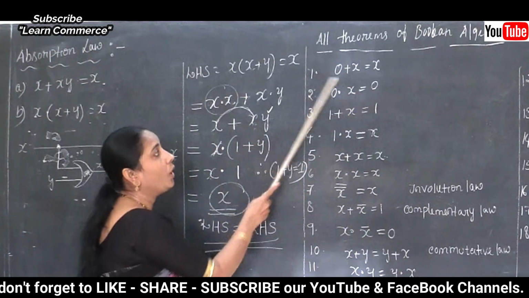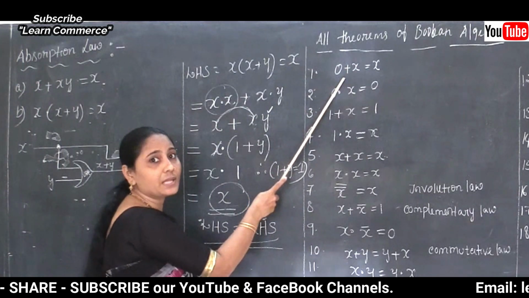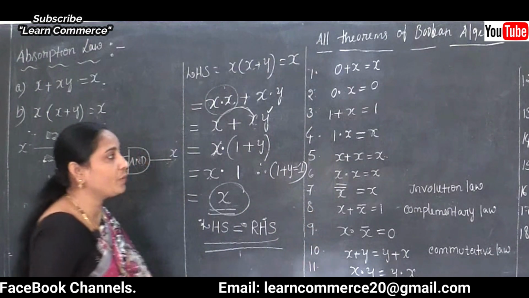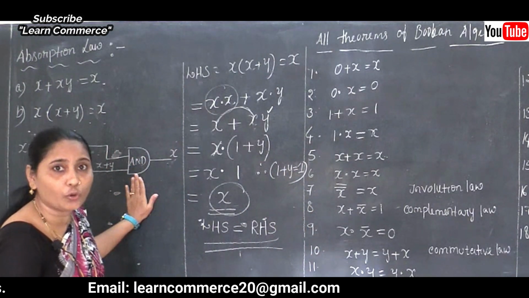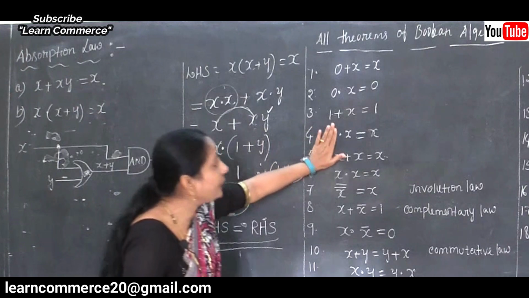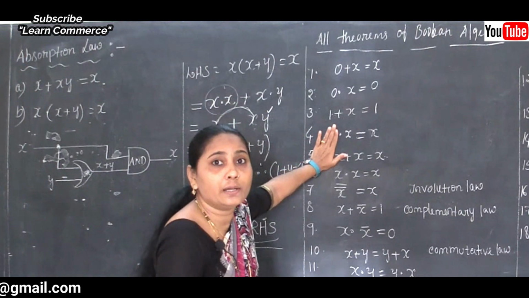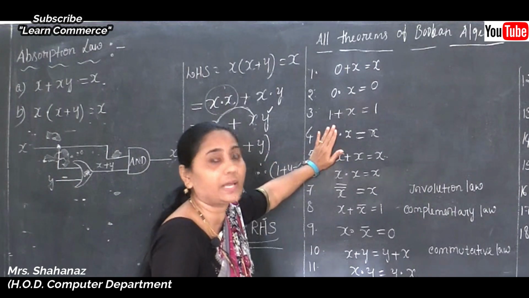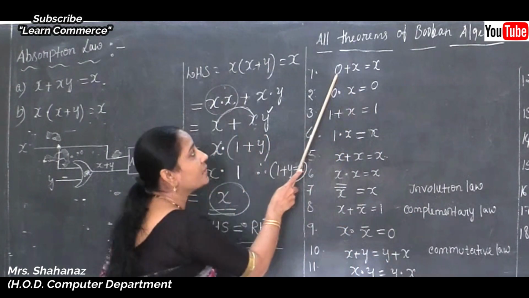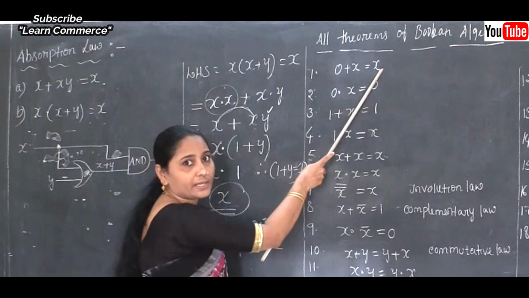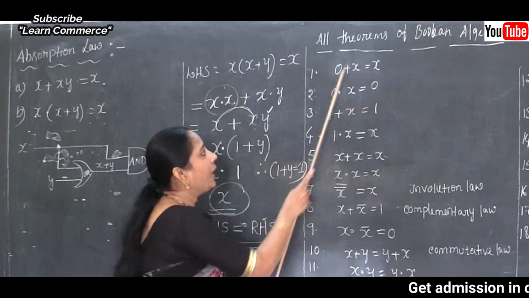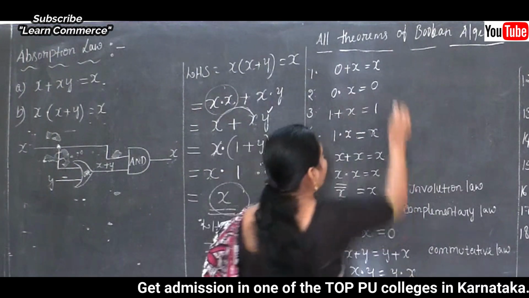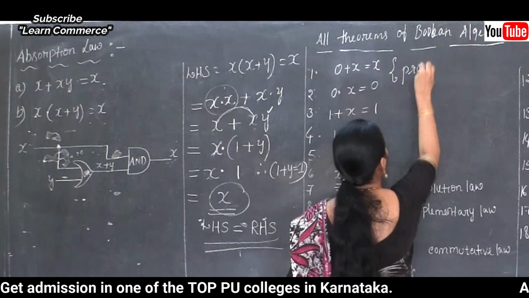So the first law is 0 plus x is equal to x. Clear this point here, it's very important. Before going further, first of all you have to know how many laws there are, and later if you take the value 0 plus x, what result will you get? So always remember this: 0 plus x is equal to x only. We already proved this one. And the second law, 0 and x is equal to 0. This law is the property of 0.